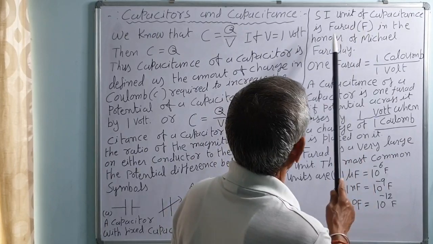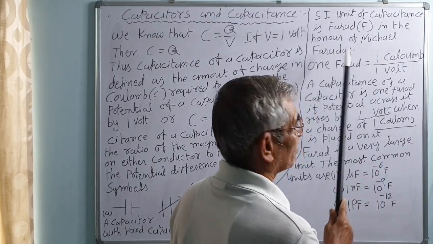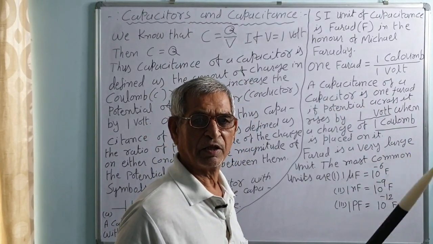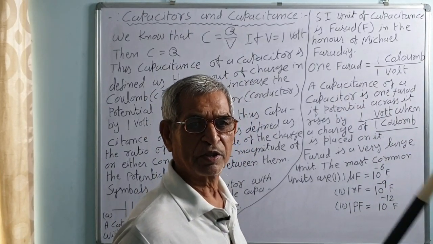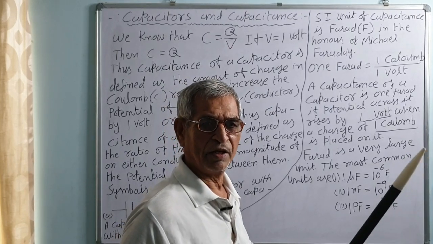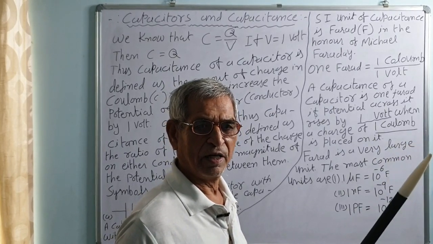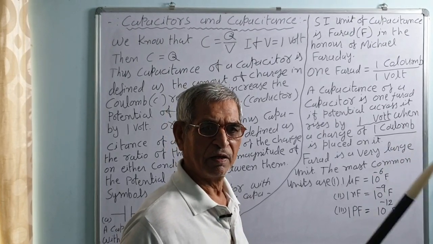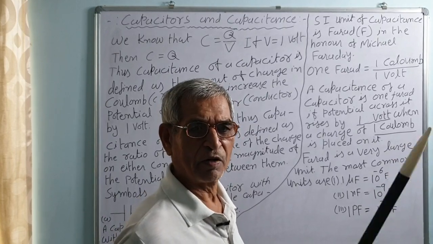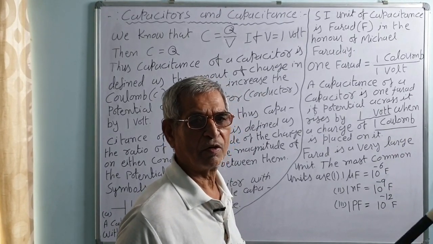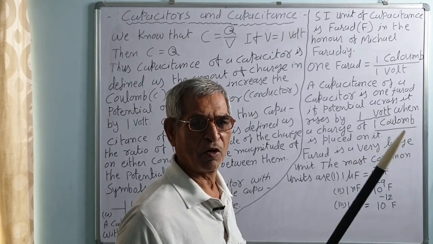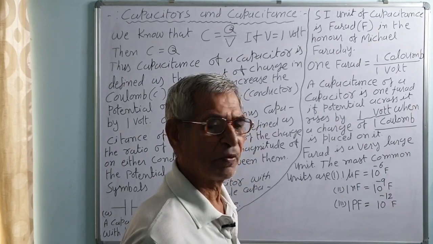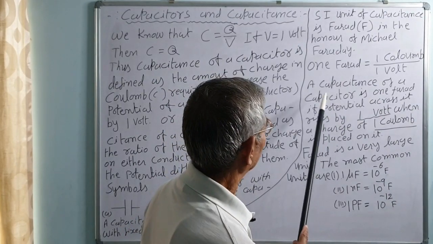SI unit of capacitance is Farad, in honor of Michael Faraday, the greatest British experimenter who invented electricity by only using a copper coil and a magnet. He was doing some experiment with electricity and not getting the result. He got tired, and out of frustration, he threw a magnet that fell ultimately in the coil connected with the galvanometer. The galvanometer showed a momentary deflection. From that he got an idea that when a magnet moves in the coil, current is produced. So he was the first man to produce electricity by copper coil and magnet, a British scientist.